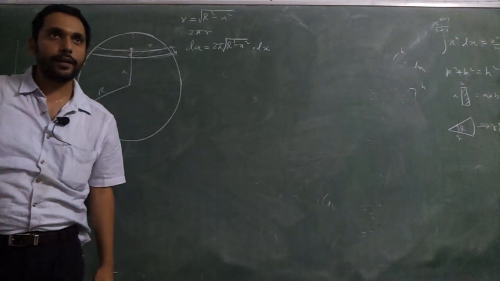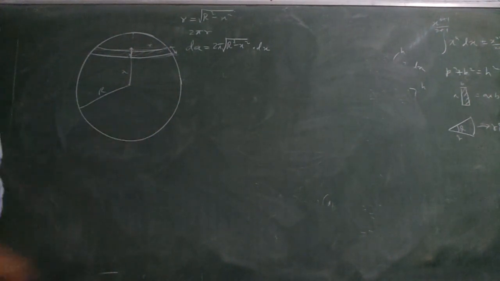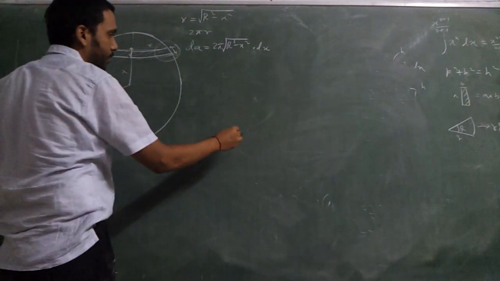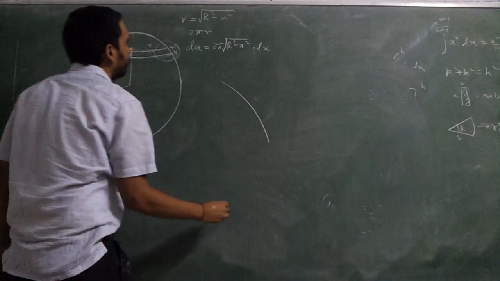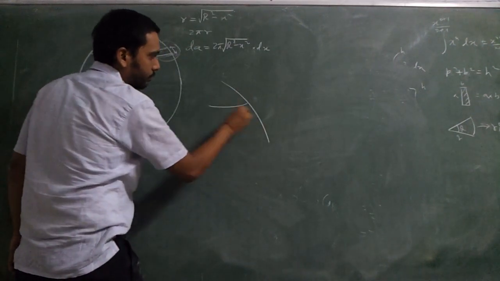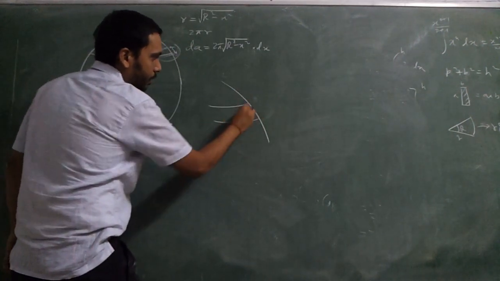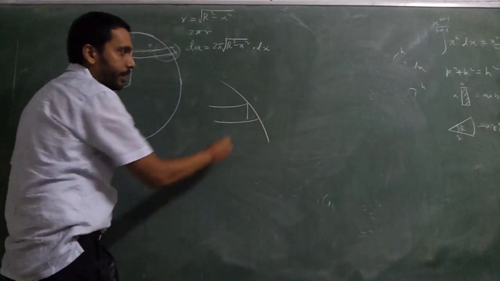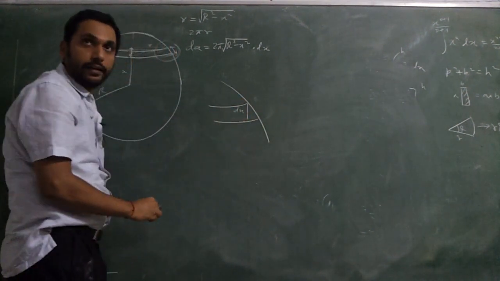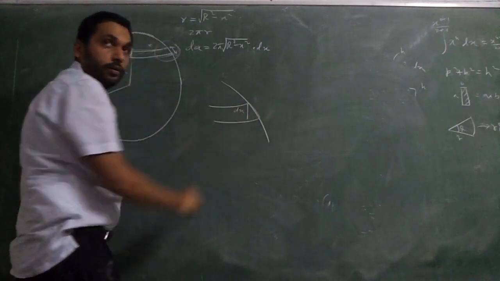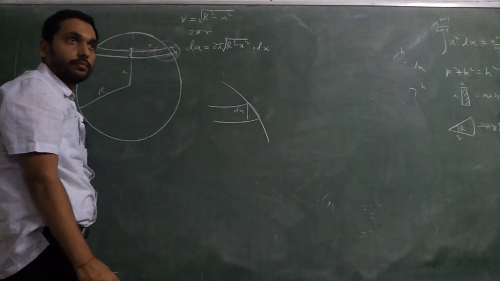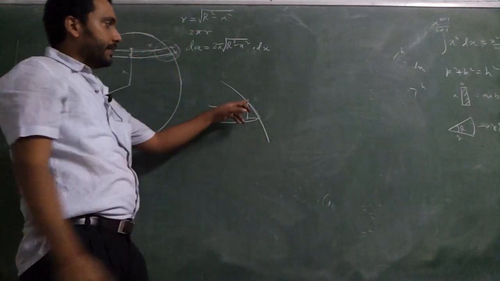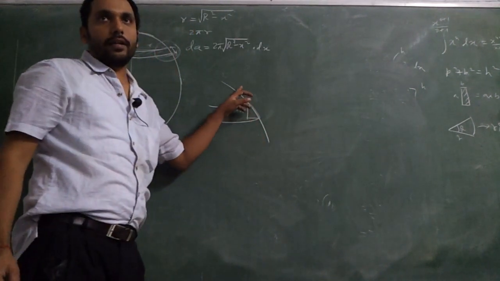Okay? How much is that? Let me tell you exactly. If I see this part magnified, this height is your dx, right? And this I am going to find out. How much is that? I can say this is a right angle triangle roughly, and this is the hypotenuse.